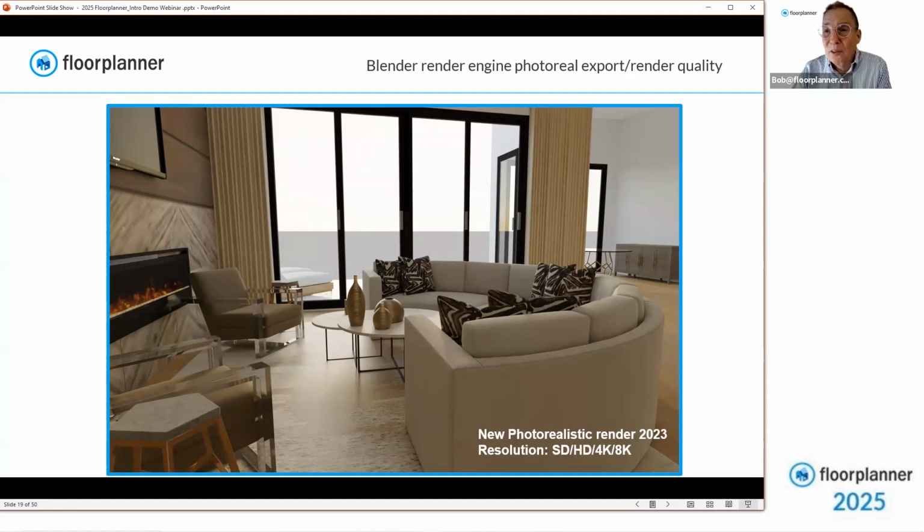Some of my renderings with other softwares can still take me a day to 2 days to make one beautiful rendering. Your renderings inside Floorplanner are coming back to you as fast as 20 seconds because we're working in the cloud. You're actually working with a bank of computers that are huge. I think they're over in Germany and Ireland, because of the power to get back your rendering so quickly,